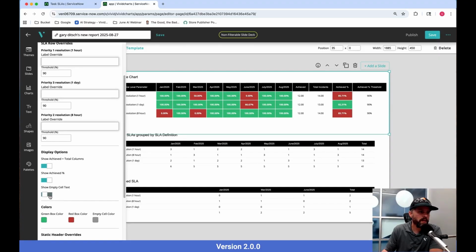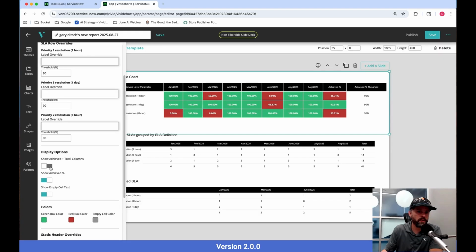If I had no data in one of these boxes, for example, I didn't have a priority 3 SLA for a certain month and there was no data here, I could turn that off. I can also turn off this achieved in total columns if I didn't want those counts there. I can turn it off and just make it simple, percent achieved and the threshold for each,